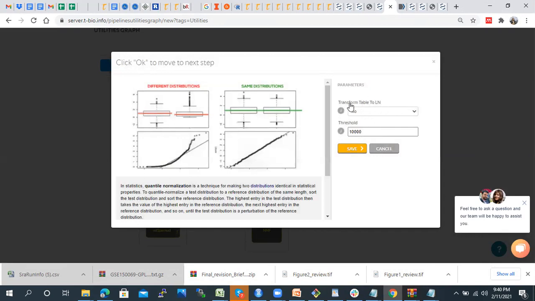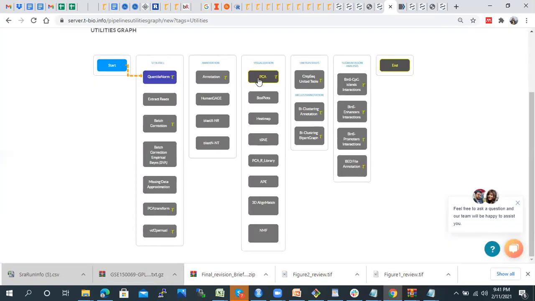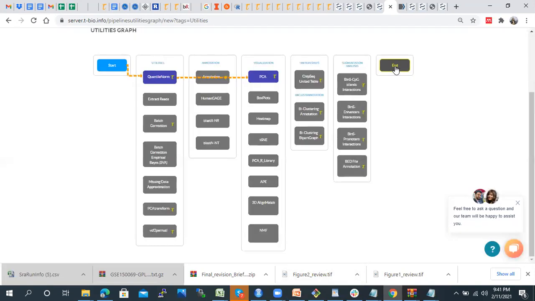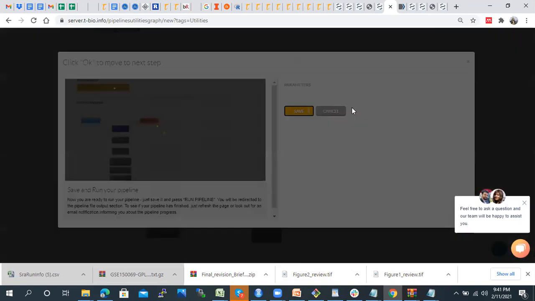Here, the first step is log scale transformation. So I'm clicking it, ln, transform table to ln. Second, the threshold. After log scale transformation, we don't have a very large scale, so we can select 5, or you can select a particular threshold. 5 is kind of an ideal threshold, 5 or 10. Otherwise I'm just selecting the default options. Then you can click on end.